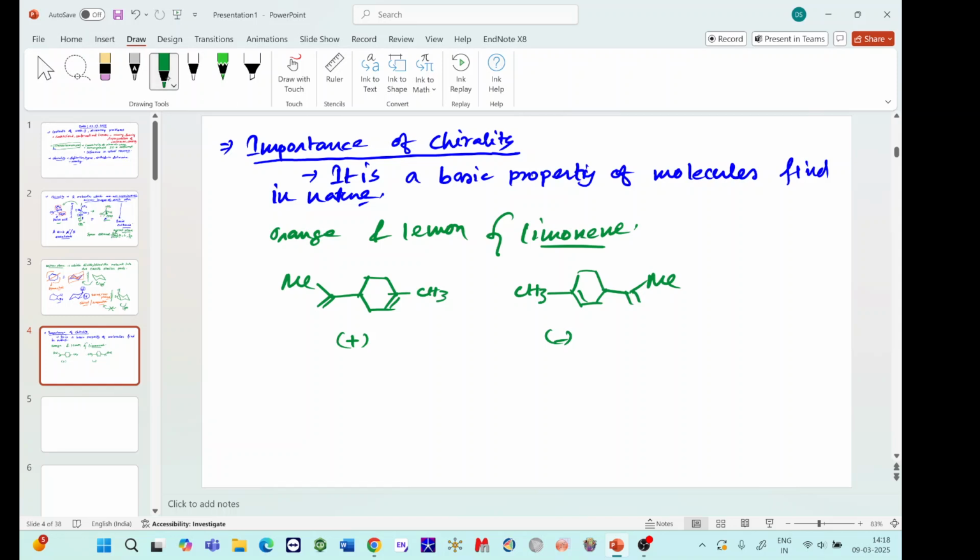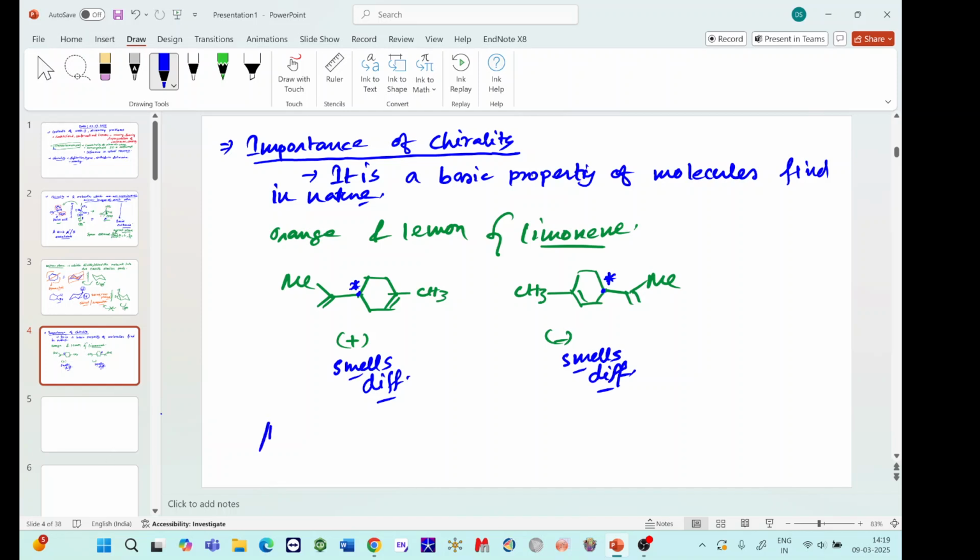Basically, the structure is the same, but the difference is in this carbon. The configuration of this carbon is not the same. Okay, one is R, one is S. That is the difference. So for this reason, this one smells different, and this one smells different. Why does this one smell different? Because